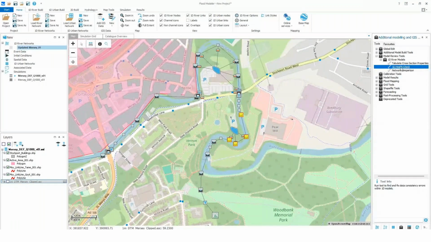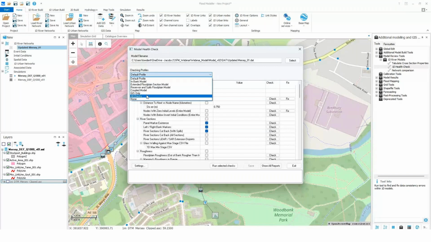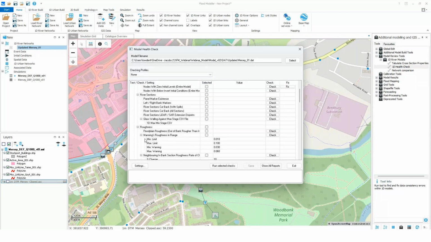So back to my 1D health check tool. I'm going to deselect all of these as I'm just going to check Manning's. So I'm going to hit none, and that will just deselect everything as opposed to going through and manually deselecting. And then I'm going to do Manning's roughness in range. If I select that and hit run selected checks, this will create a